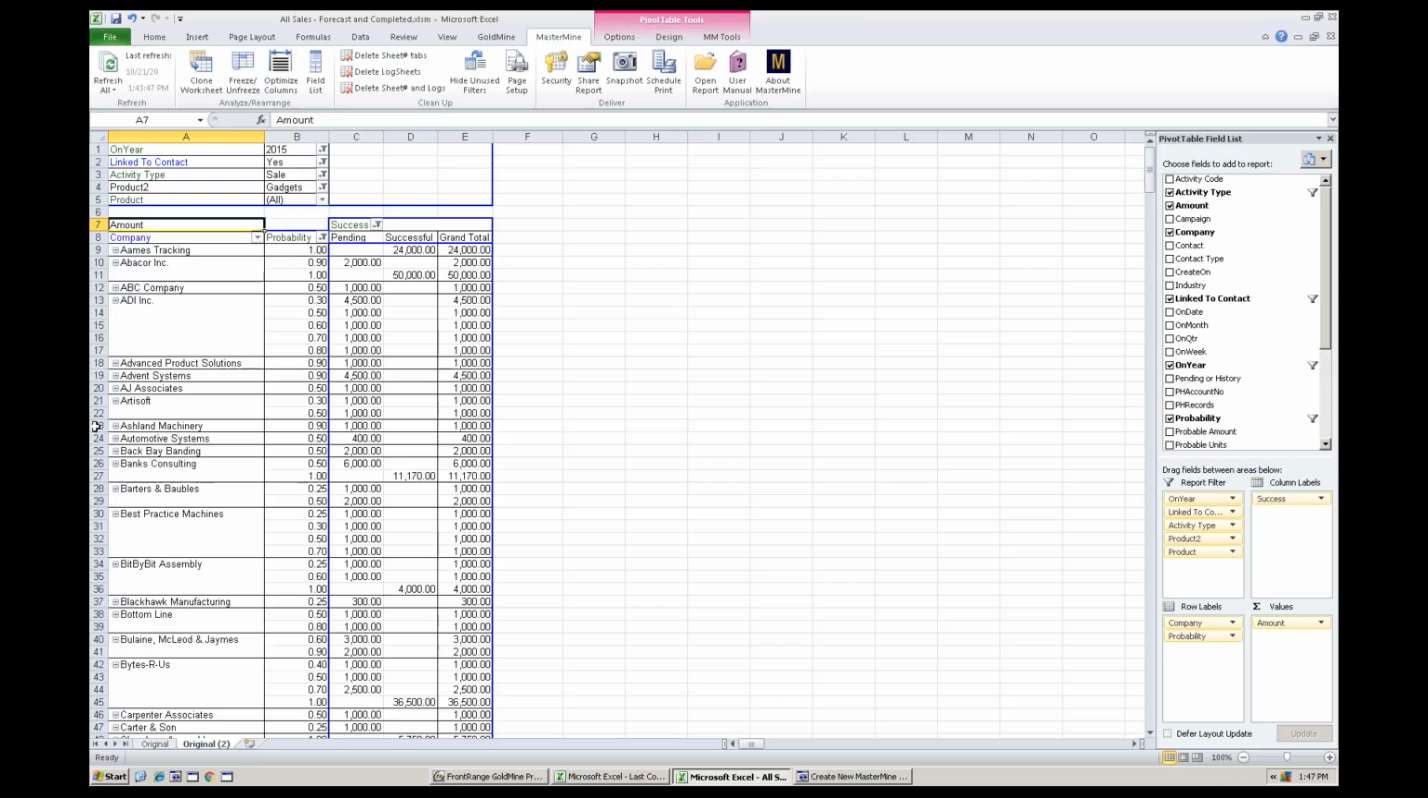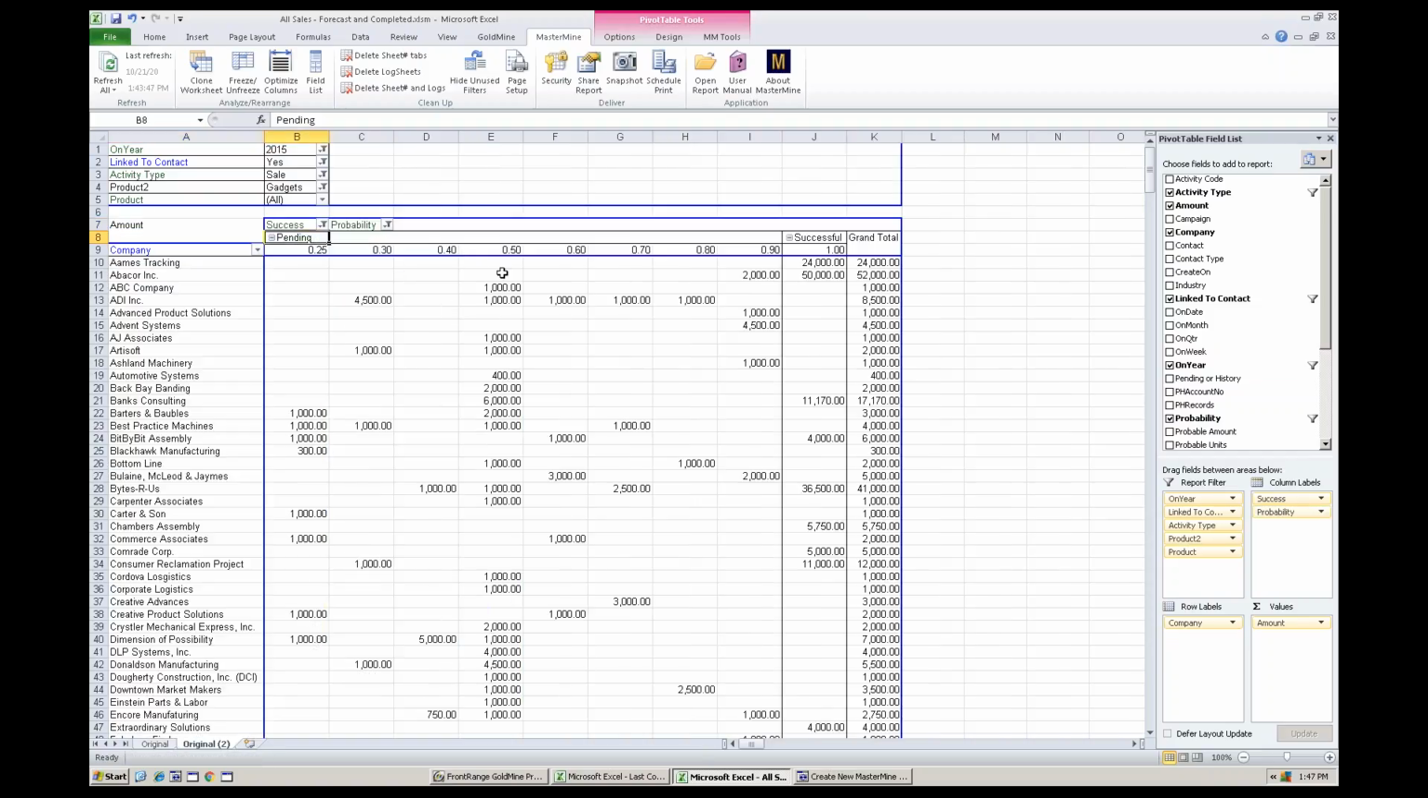Very easily on the fly, change my criteria, and the report itself becomes new. We might also, just for better organization's sake, do these companies alphabetically, but show the pending ones by their probability. Of course, the successful ones are all 100%. So now, and I just wanted to show that as one simple way to take existing GoldMine data,